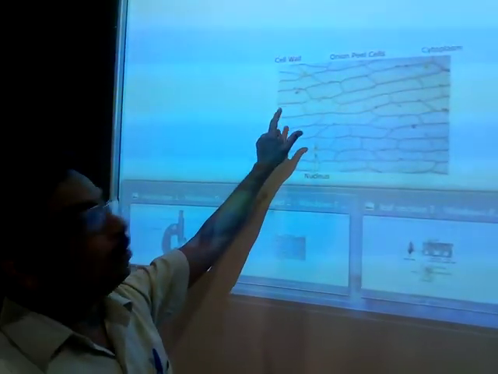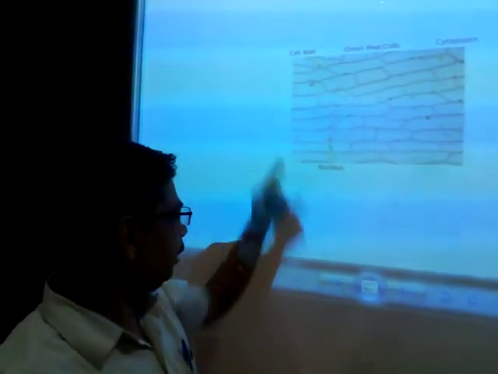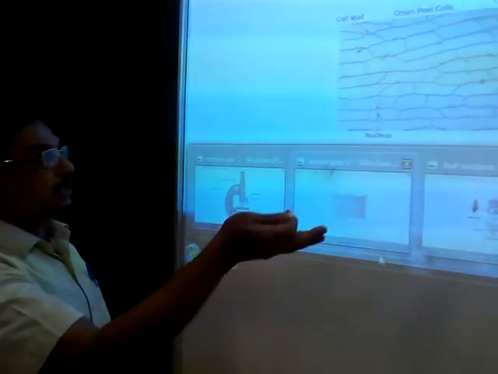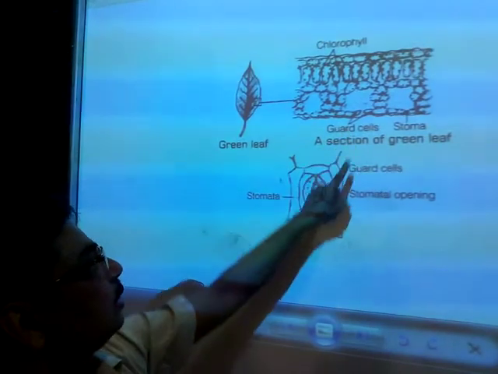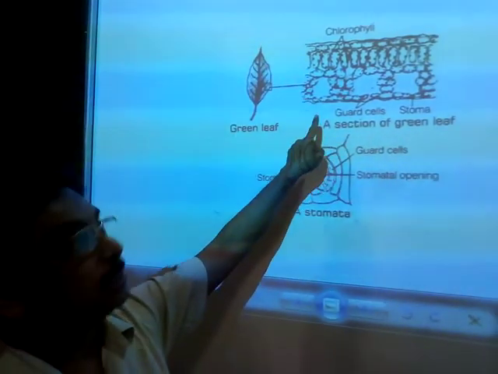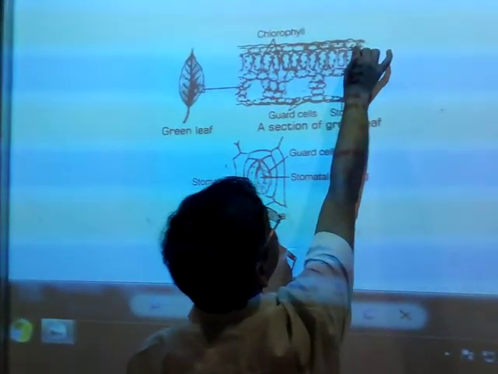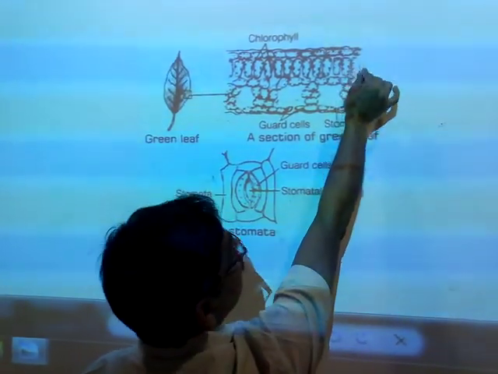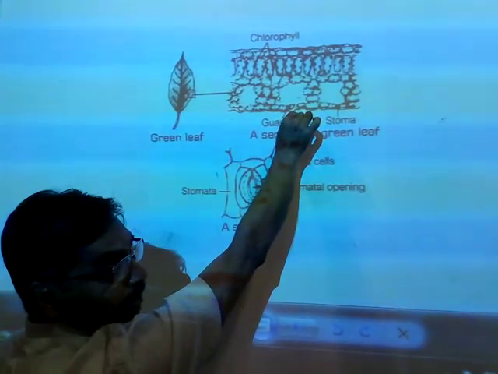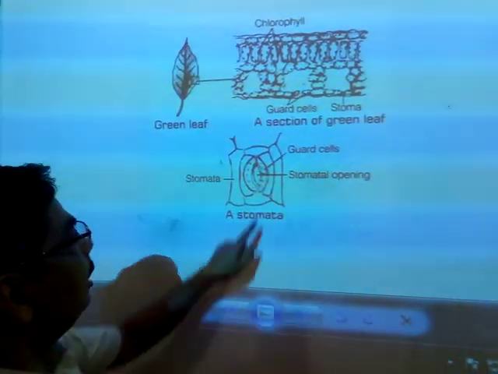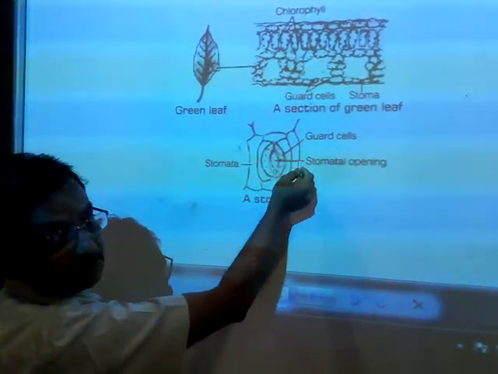Now the question arises, are all these cells similar? Yes, the onion cells are similar, but if we look at other cells, we find that the cells are different. Here this is the transverse section of the leaf. In this transverse section of the leaf, you see this is the epidermis, and the cells are different. This is the palisade tissue, and the cells are different. Here this is the pore of the stomata, and the cells are different. If you see the structure of the stomata, it is bean-shaped, so the structure is different.